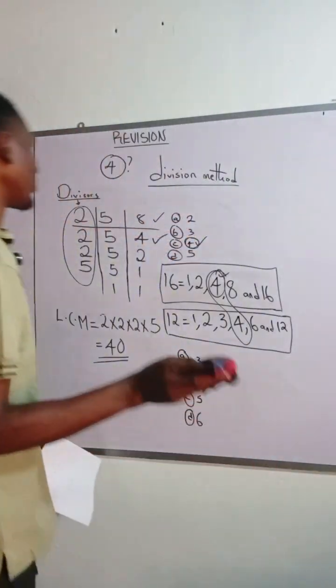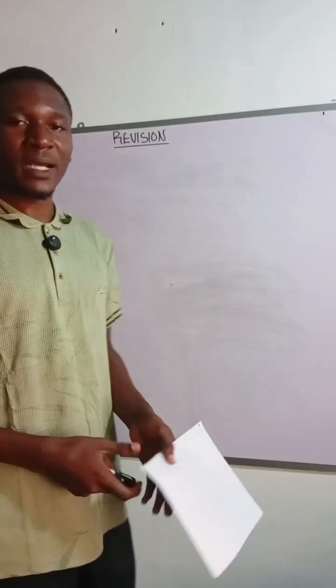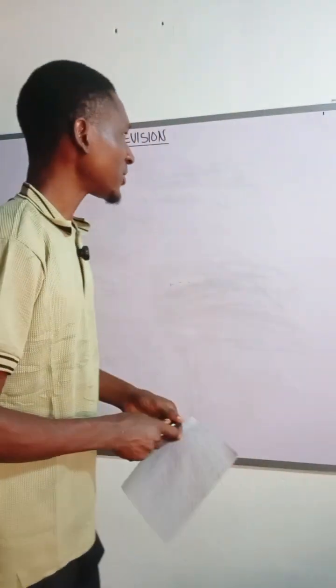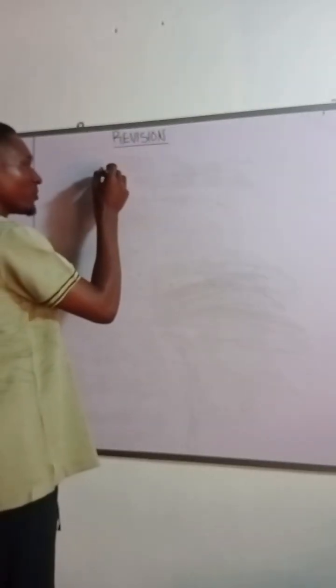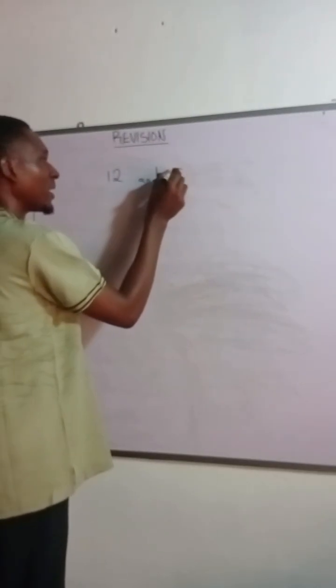Let me show you what the highest common factor might look like. Remember, in the highest common factor, I taught you two different methods. I taught you the listing method and I taught you the prime factorization method. I won't advise you to stick to the listing method. The listing method is just for you to really understand what the concept is. The prime factorization method is going to make everything easier for you. So if I should ask you to look for the highest common factor of, let me say, 12 and 8,